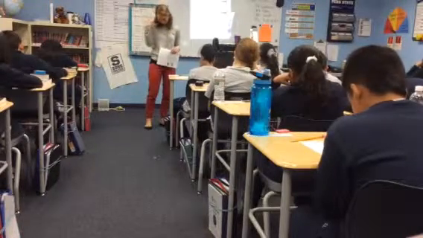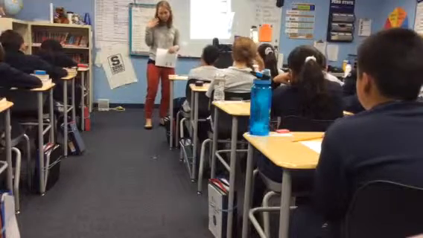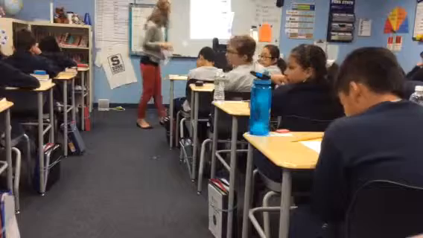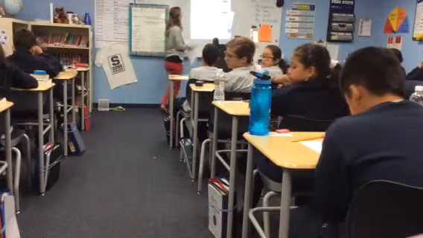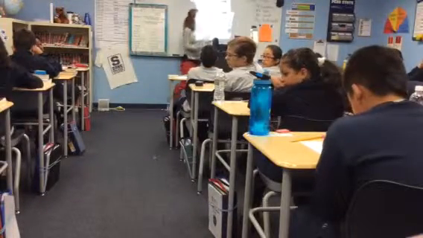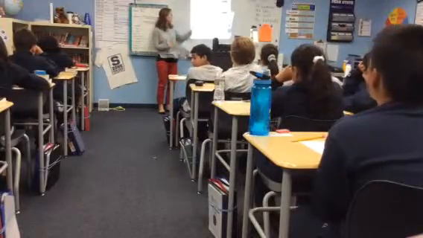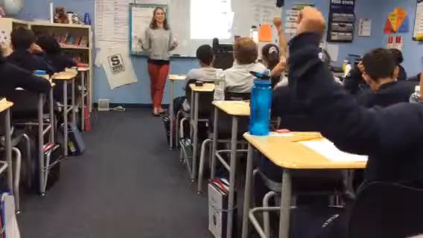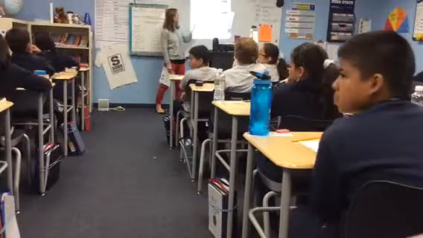Think about it for a sec. What are we trying to find? What's the missing piece of information? Davian. We're trying to find how far they hiked on the third day. So how would I set this up? What information am I going to use that's important? Ashley? Maybe they use a circle